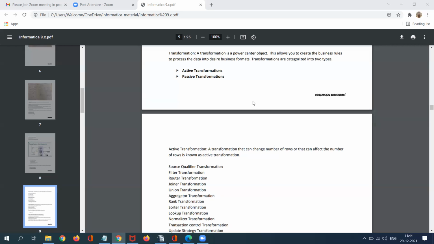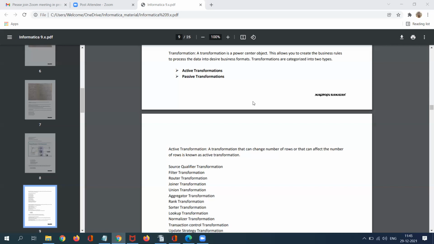Or, if we send a record as an insert from the active source, that record will load into the target table as an update. It means the nature of the record changes. We send it as an insert, but it is going to be loaded as an update. Each transformation has its own functionality, and it can change the record type, record count, and session level commit intervals.